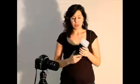When you're using these kinds of flashes, especially if you choose to buy a flash and a camera all within the same manufacturer, like for example, I have Canon, they can often communicate to each other. So in the front of this flash, it has the ability to read the light that's coming at it. So you can have a setup where if you have two of these flashes, you can have a master and